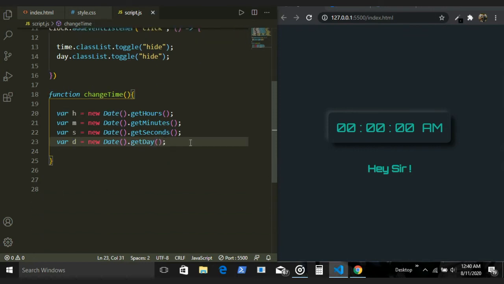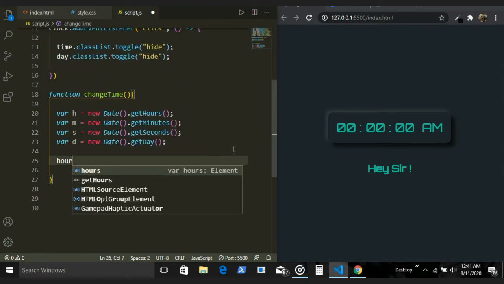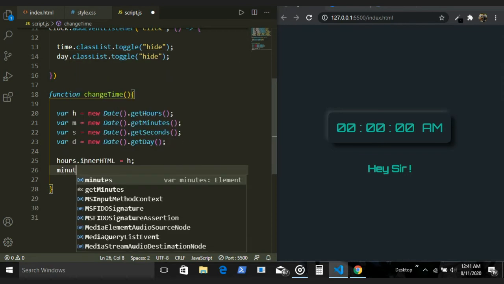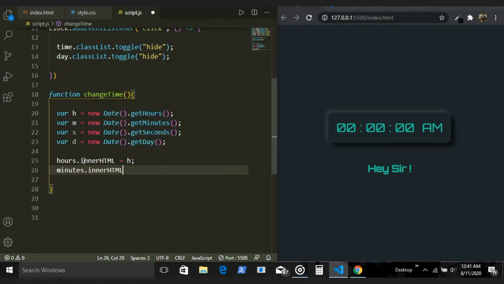Okay, now since we already have everything that we need from the date, what we want to do is have these get appended here. So we don't want these zeros to be shown. Instead, we want this hour, this minute, and this second to be shown here. So for this, we can add hours, which would point to this zero. And we're going to change the innerHTML to H. Similarly, we're going to change the minutes innerHTML to M,